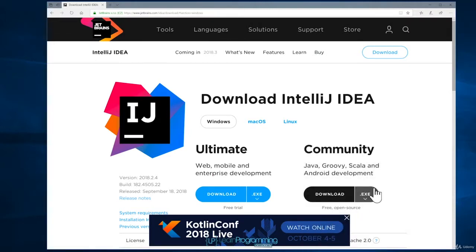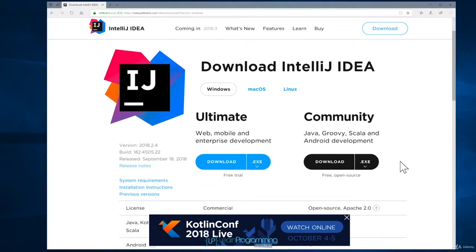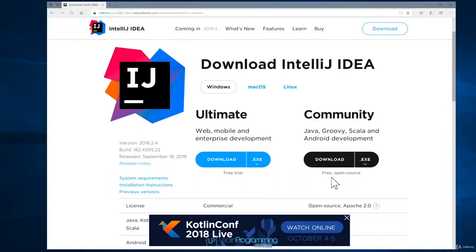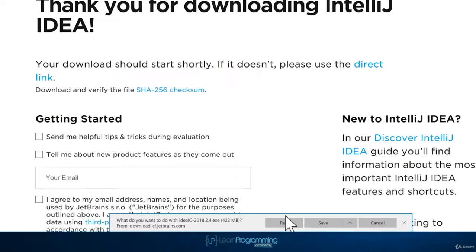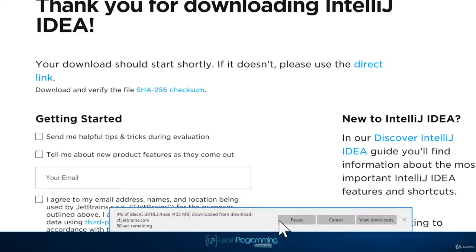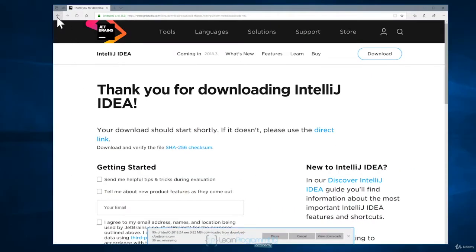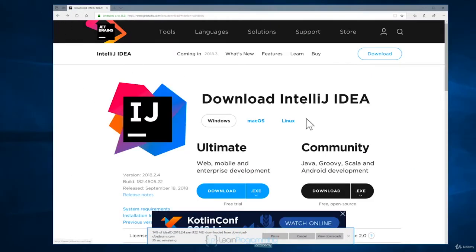Now you've actually got two versions that you can download. The Community Edition over here on the right hand side, you can see it says that it's free and open source, so you will never need to pay for it, and that's the version that I'm going to download and install, and the one that I recommend you use for the course. So I'm going to click on that. Give it a moment to start, and you can see down there it's starting. I'm going to click on Run, and while that's downloading I'm just going to click on Back and talk briefly